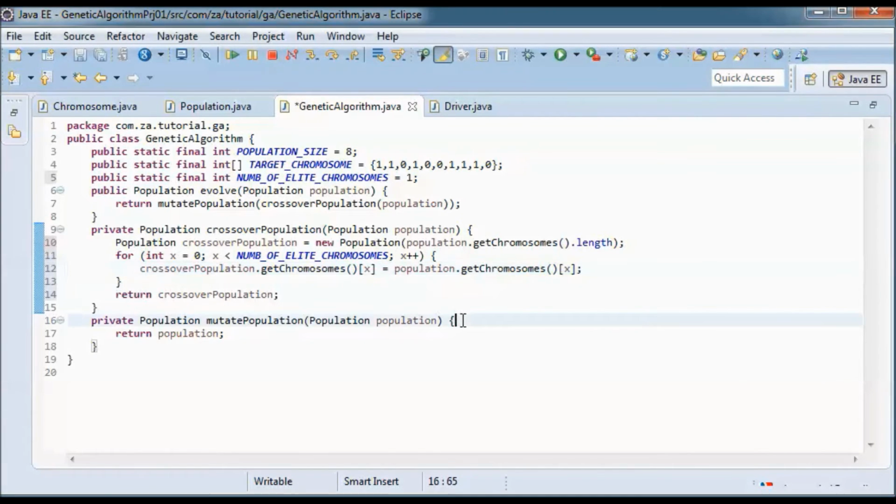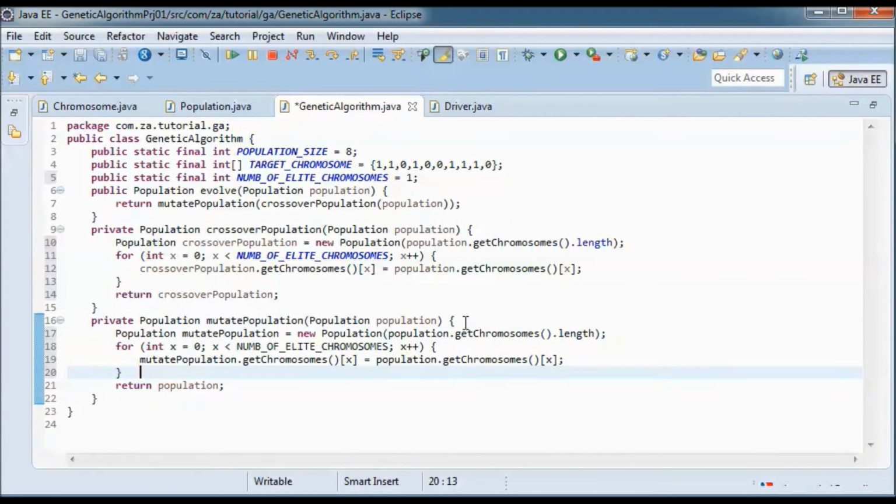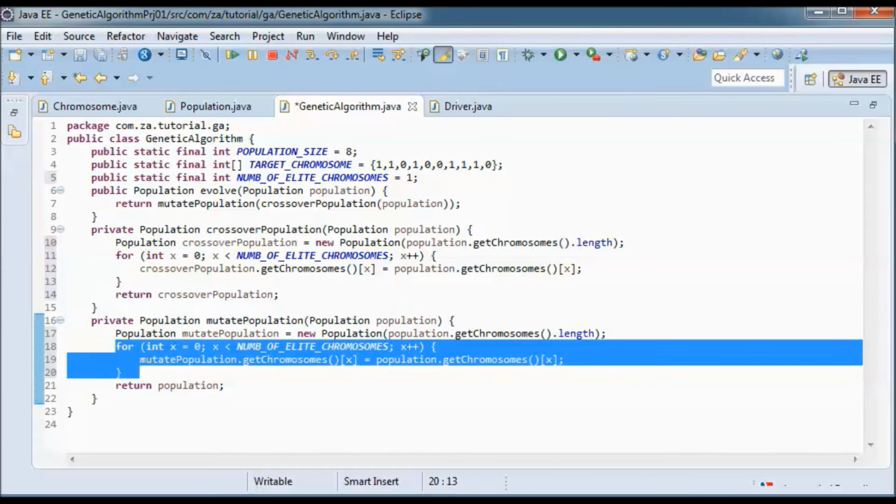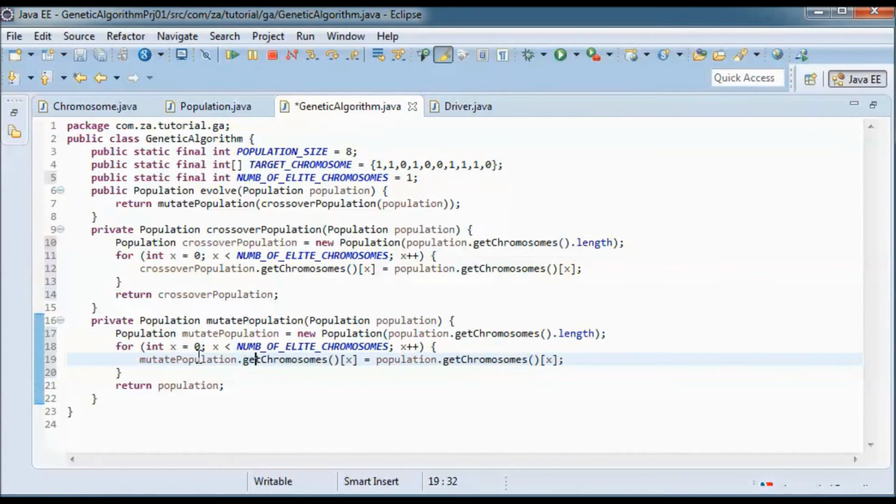I will do the same thing here to mutate population: define a mutate population and exclude the elite chromosomes from being mutated.